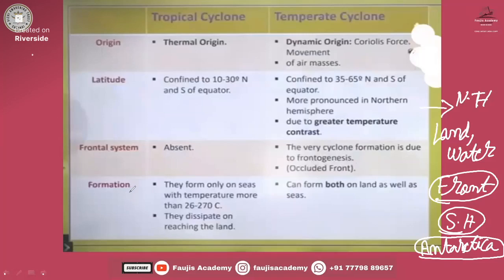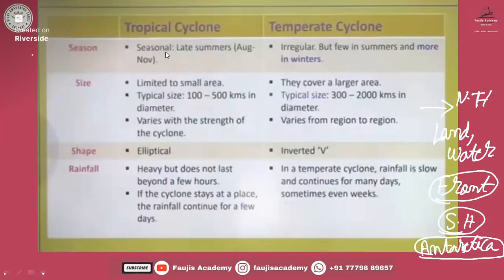Okay, then formation. Tropical cyclones form only on seas, and the temperature should be above 26 or 27 degrees Celsius. But temperate cyclones can form both on land as well as seas. Okay, then the next differentiation we'll see. Then season: tropical cyclones come in the late summers. In the temperate cyclone it is irregular, so it might come anytime. Only a few will be there in the summer, and it will happen more often in the winter season. Then size, you all know that a temperate cyclone occurs up to like 2,000 kilometers,